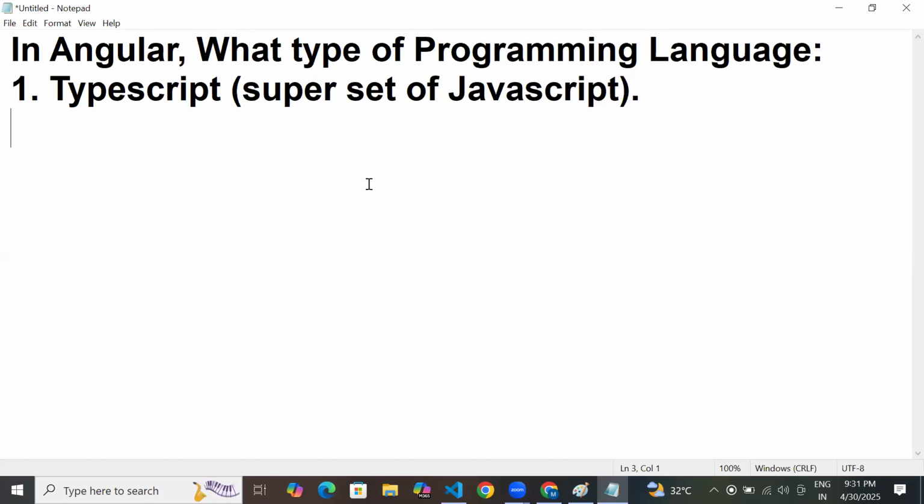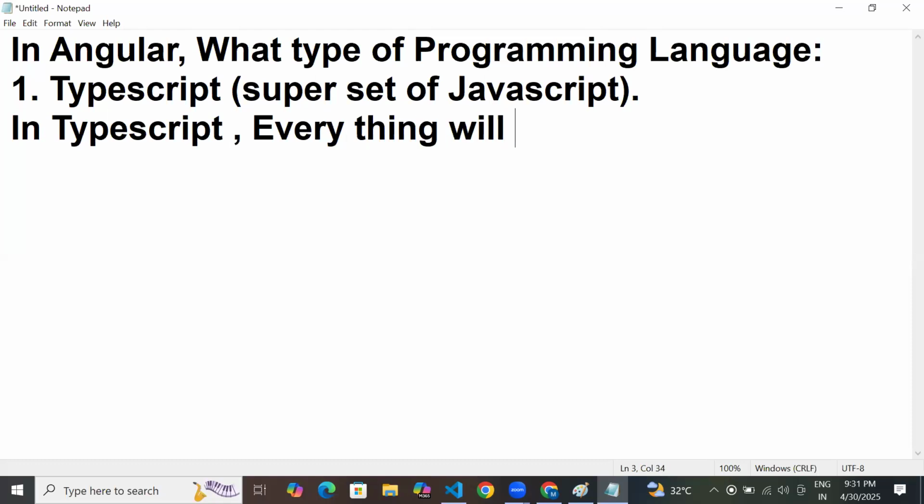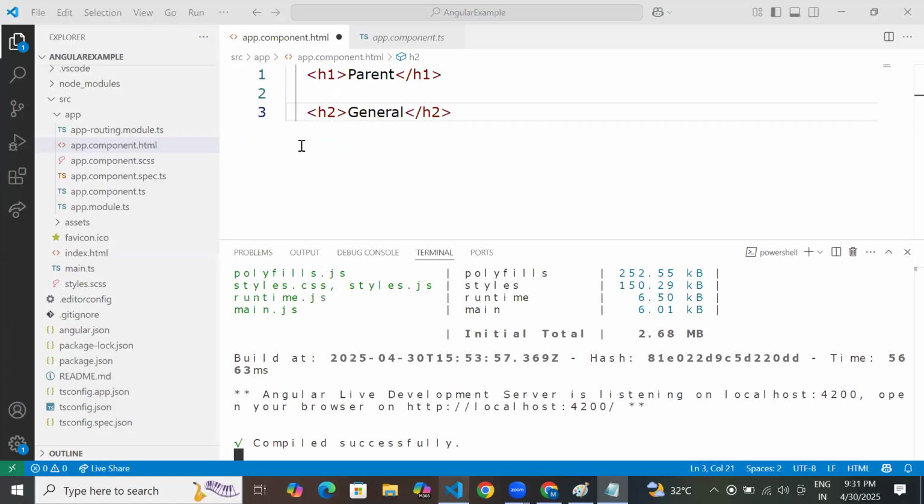Here in TypeScript, everything will be treated as a class and variable. Everything will be treated as a class. Am I right? We already discussed this. Yes, see here,